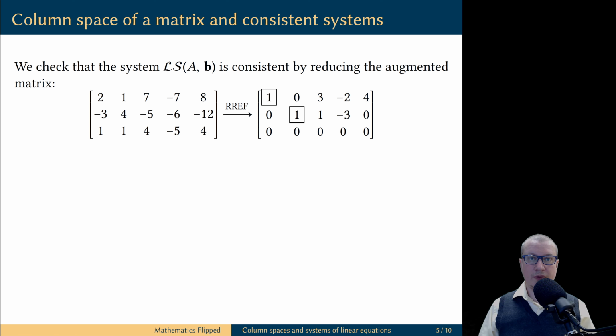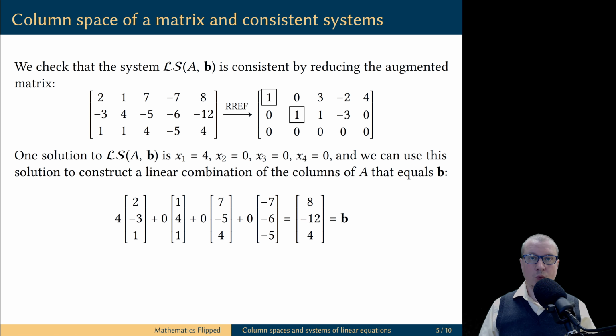To convince you that the linear system with B as the vector of constants is consistent, I am just going to reduce the augmented matrix of this system, and you see that in the reduced matrix the last column is not a pivot column, therefore the system is indeed consistent. Moreover, you see that x3 and x4 are free variables, therefore this system has infinitely many solutions.